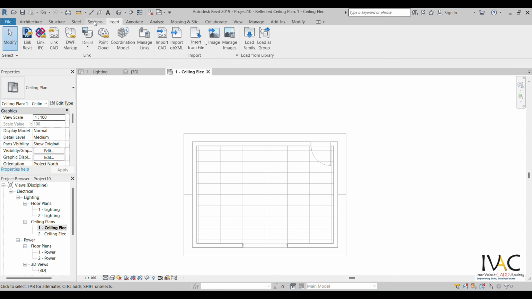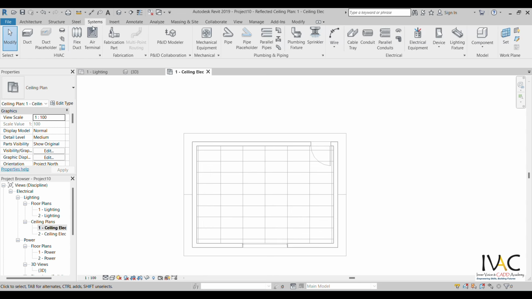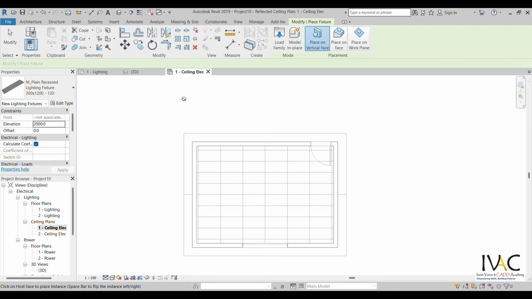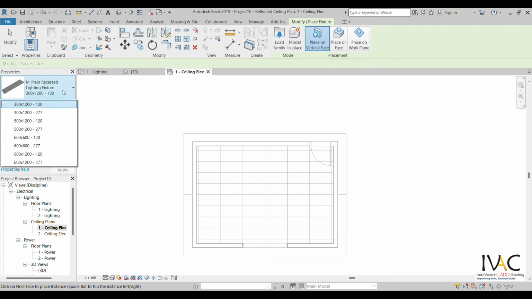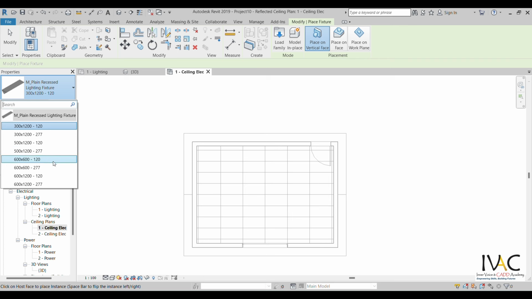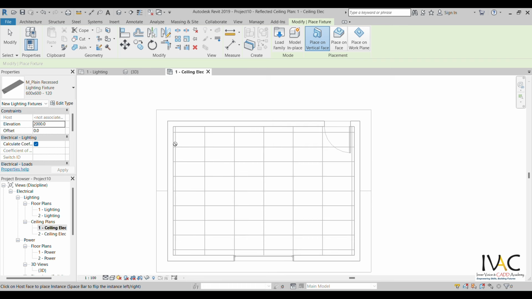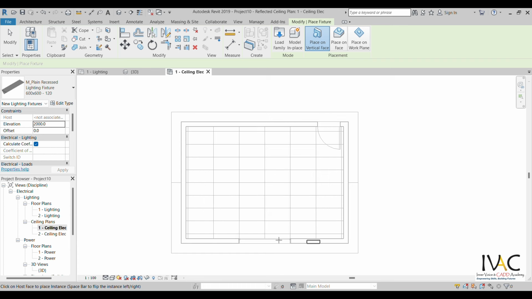Now come to this systems. As you select the system tab, here you can see the options electrical equipment, device, lighting fixture. First I'll go to this lighting fixture. Here let me select this 600 by 600. Now while placing, you can see it is showing only on the wall side, but I want to place this